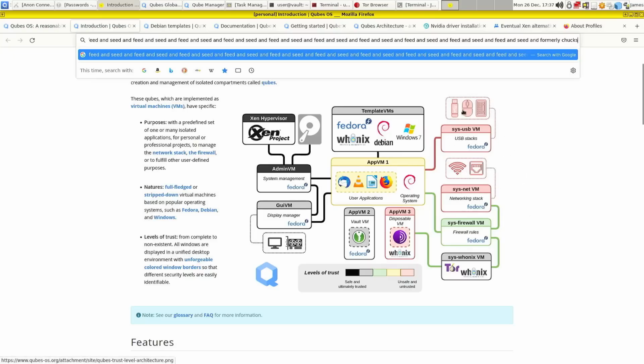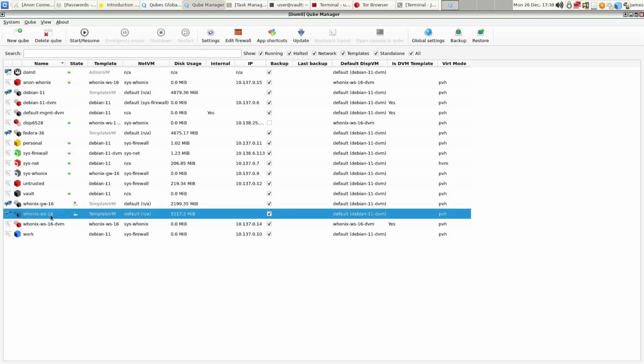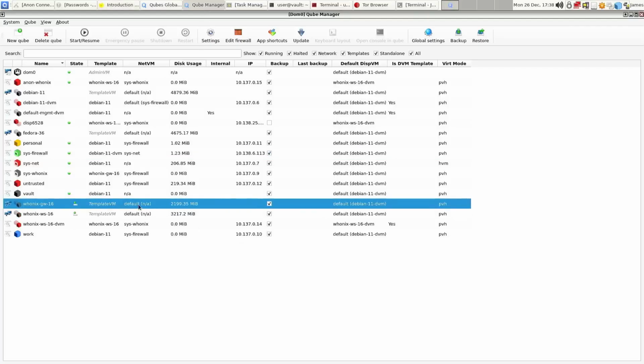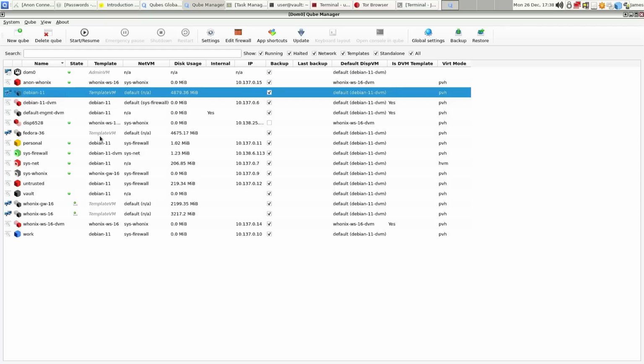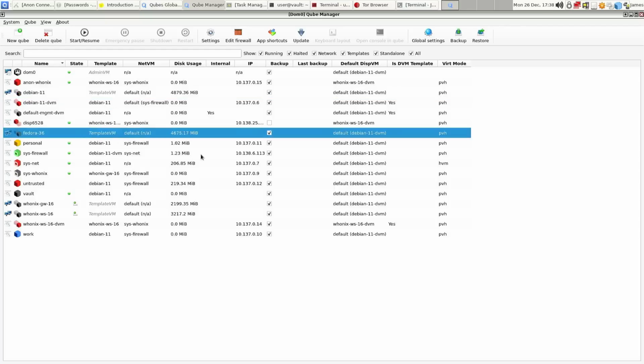All of your USB stack, that's all your peripherals. Anytime you attach an external hard drive, that goes to the USB VM. And then this goes into separate VMs that themselves are separated based on whatever task you're doing at the time. And then not if, but when one of these cubes, one of these VM instances gets compromised, you can just spin up another one with your templates, whether it's a Debian 11 cube, or a Fedora cube, and I think there's also unofficial ones.